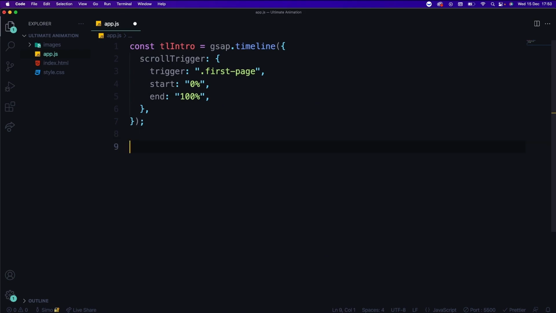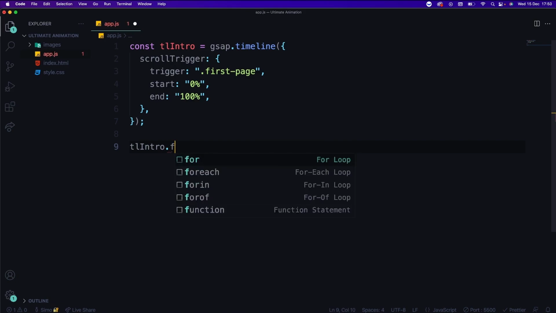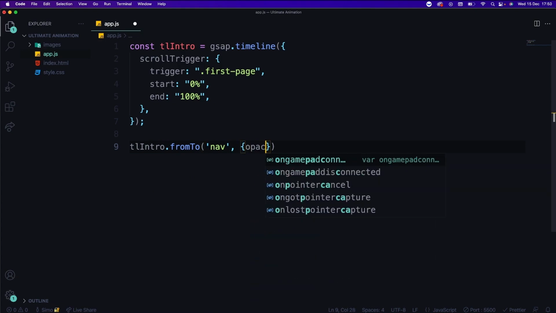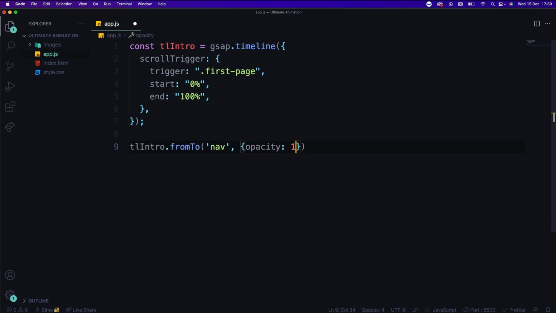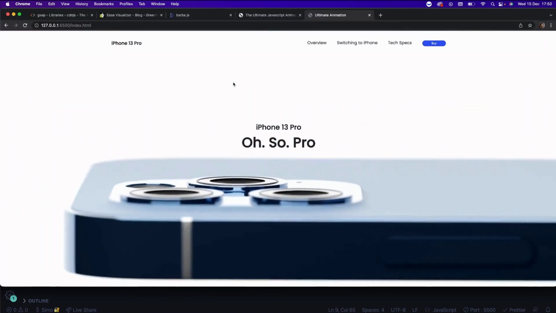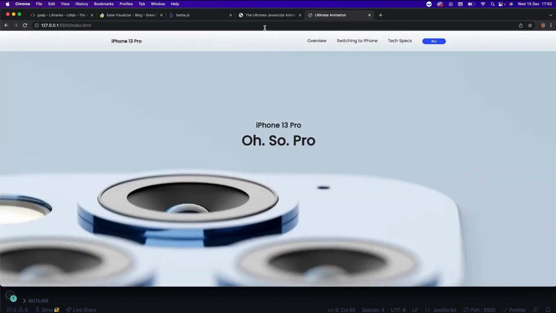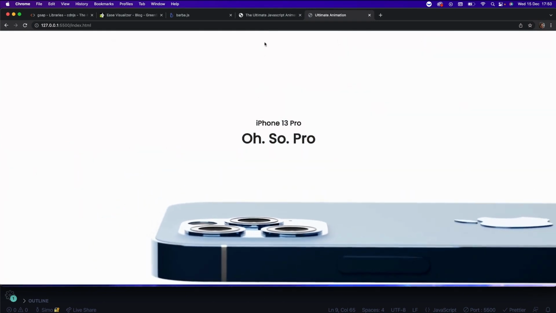So we have our timeline. We can just do tlIntro. Again, I can just do a from to or to. Let's do it from to. I'll just grab the nav and do an opacity. Oops. Opacity 1 to opacity 0. My apologies. And we'll do a duration of 1 second and hit save. Okay, so let's see. As soon as I start scrolling down a little bit, it starts fading out. So that's cool. So by default,